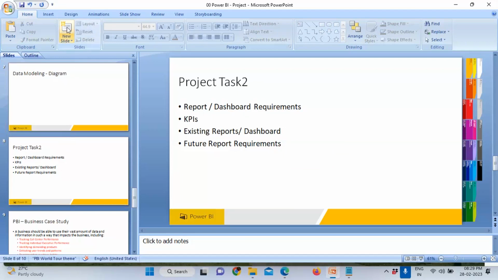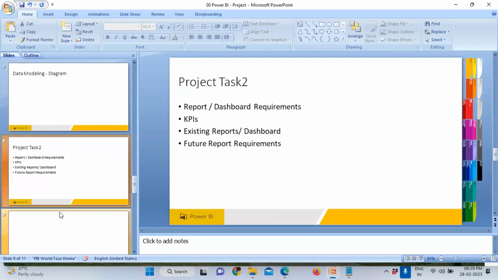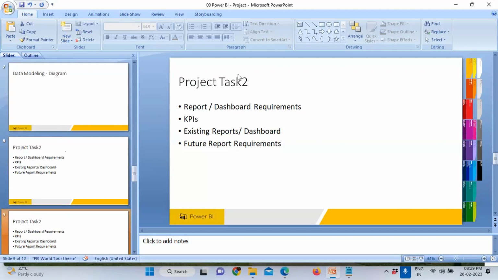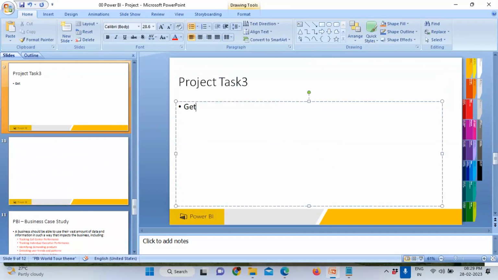Then task number 3. So like that, we are going to have a lot of activities, right? Task number 3. What is task number 2 we have done? Task number 3 we will also be implementing. Get the data, clean the data, apply transformations, right? Now you're doing the work. So get the data,